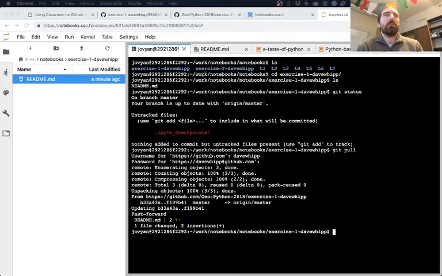So does that cover the question about this git pull command? And I guess maybe also the idea why it always thinks it's up to date locally. It's mainly because it doesn't actually check on GitHub when you do the git status command. It only checks on your own computer or your cloud computer.